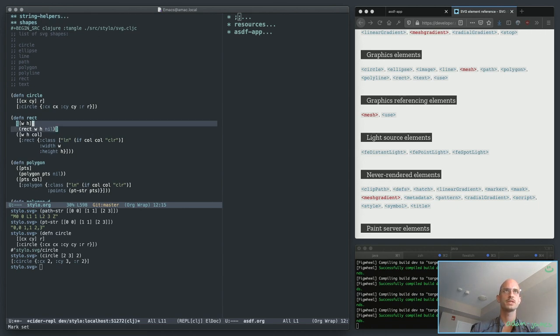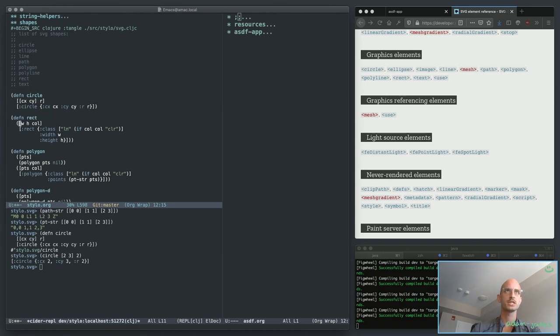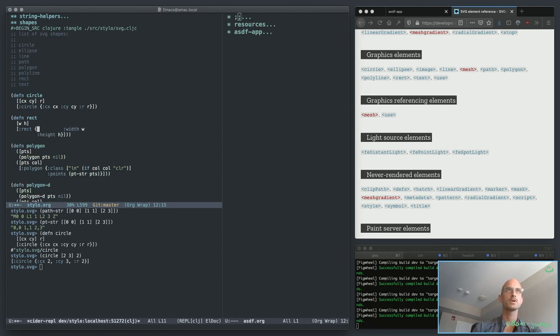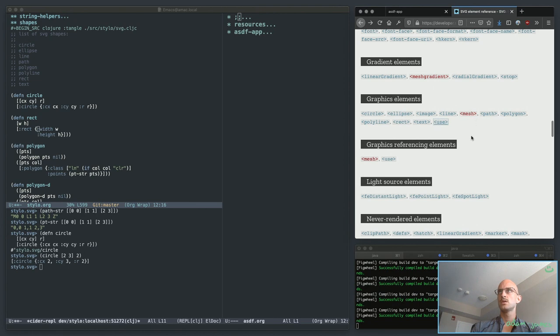So I want to keep things pretty restricted. Let's have a look at what rectangle actually is for a minute though. Okay, so we have circle,